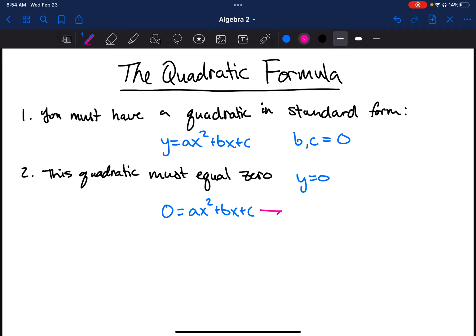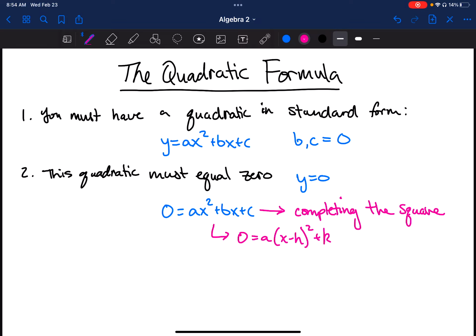What we're doing to this thing is we're plugging this into this process of solving a quadratic called completing the square. So completing the square is a way of solving a particular quadratic. So if you were given a quadratic, you could complete the square, and if you go all the way through, completing the square gives you the vertex form. So it takes this thing and it makes it be 0 equals a(x minus h) squared plus k. And somewhere along the way, through this process, you end up getting the roots of this thing, which is really